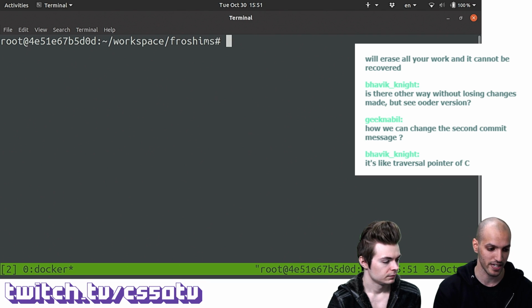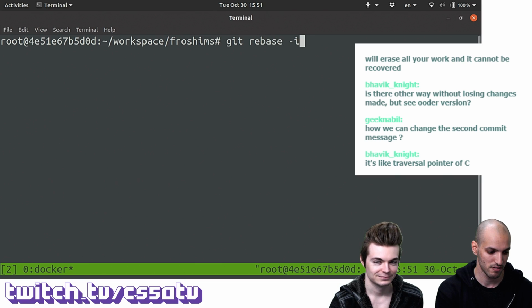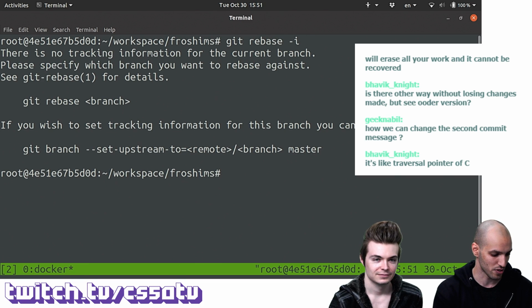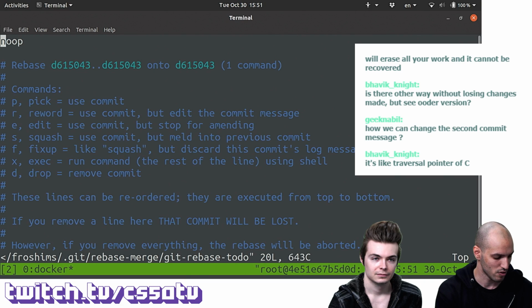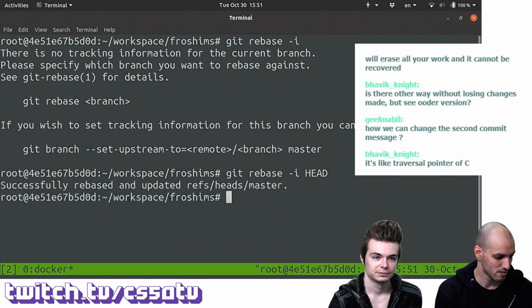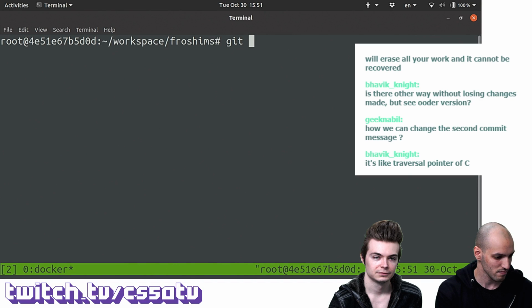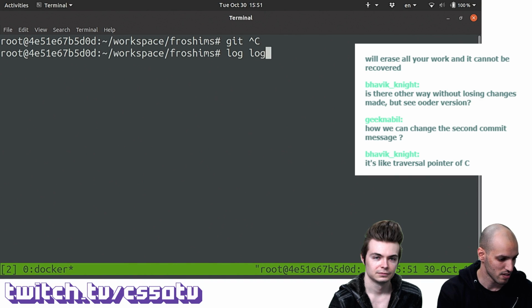The good news is that there's a relatively easy way to do this. We're not really going to talk about git rebase in depth, but essentially you could do git rebase -i, and of course it's not working right now. I think it's going to be head? Nope, not head. Let's see, git log.